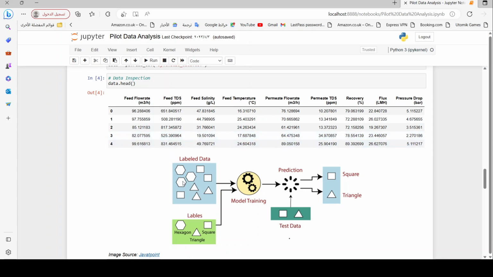We will give the model all parameters at one point except pressure drop as the labeled data, and at this point we will tell the model that pressure drop was this number. So the model in this case will try to find an equation that describes the relationship between all parameters and pressure drop. Then after that, we will use our